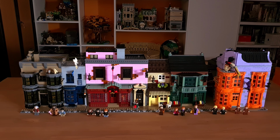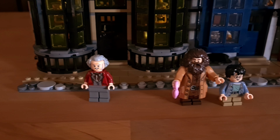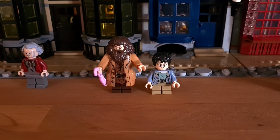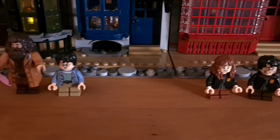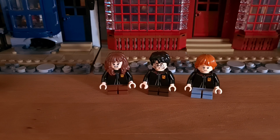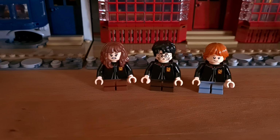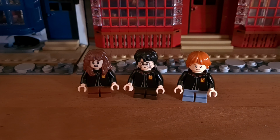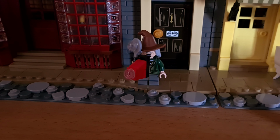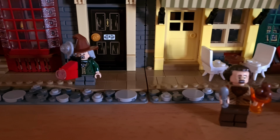The original set had 15 minifigures. Ollivanders, Hagrid and Harry, as they were when Hagrid first took Harry to the Diagon Alley. Hermione, Harry and Ron on the scene where Harry first used the Floo powder and ended up on the fireplace of Borgin and Burke. The photographer from the Daily Prophet that takes the picture of Gilderoy Lockhart and Harry. Florian Fortescue,